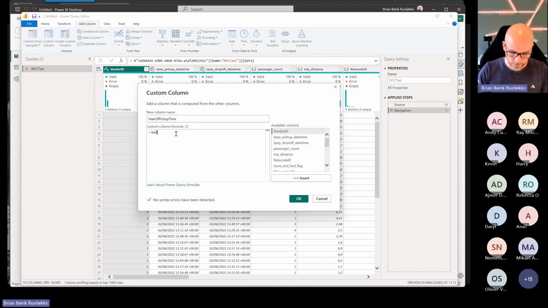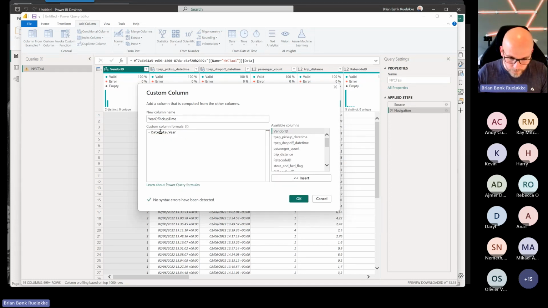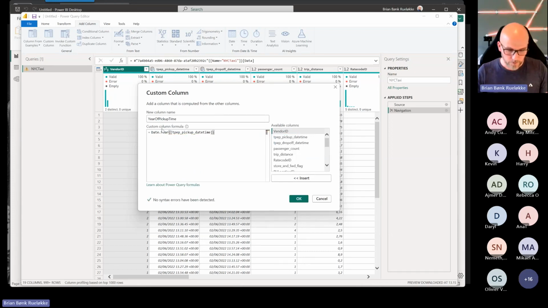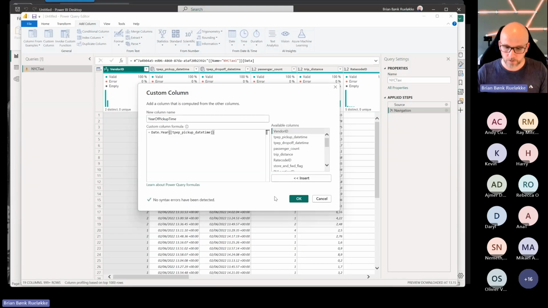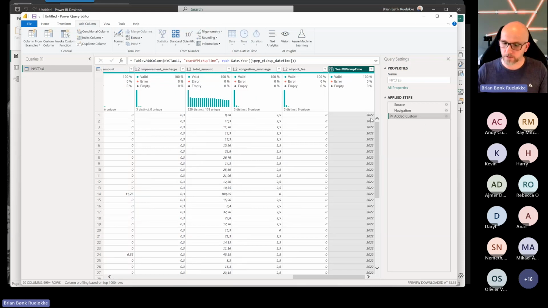The column here is date.year. Yes, and then IntelliSense is killing me. There you go. And then pickup time. There. Rather simple Power Query function here to get the year of a column. Then I hit OK. Then I'm, as expected, getting the year of the pickup date, and I've added a new